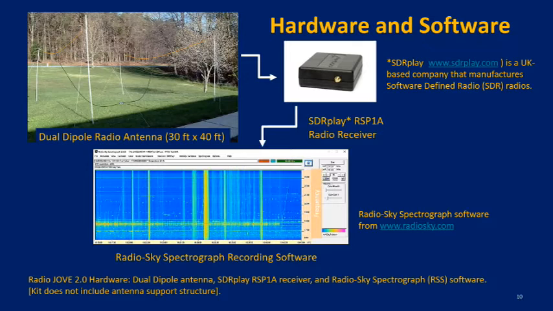And it's very simple. I have one connected here, and I'll see if I can switch over here in just a second. We pair the antenna with the receiver, and then you connect it to your computer via some software, Radio-Sky Spectrograph software. Jim Sky wrote this software, and he's part of our team. And so it's a display software. What you're seeing there is a